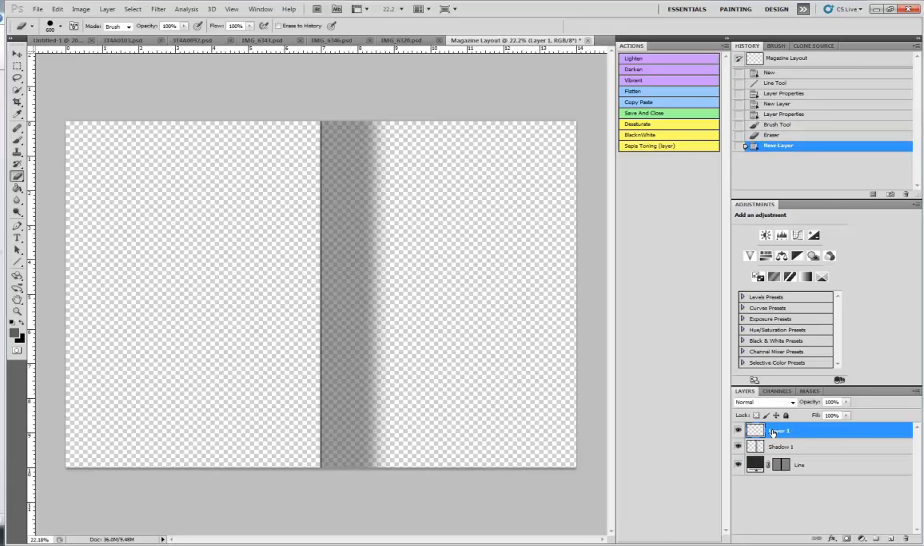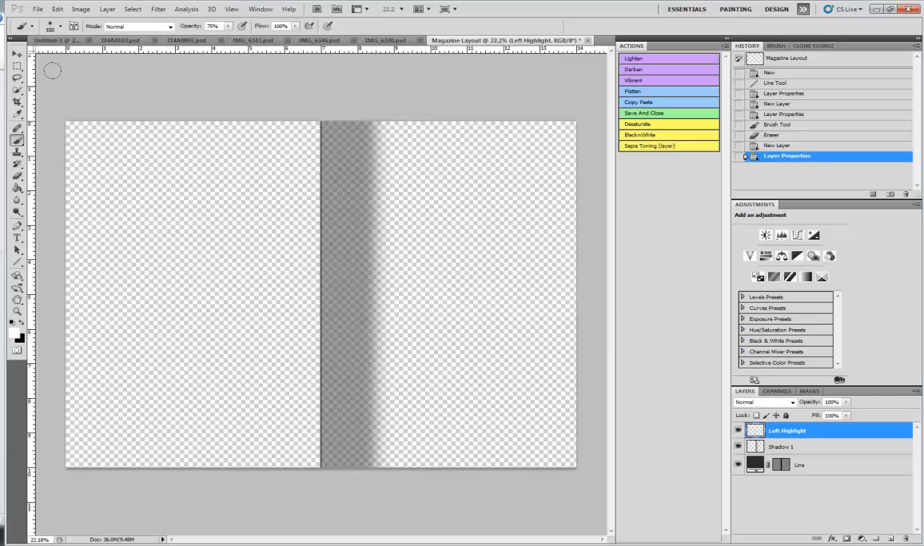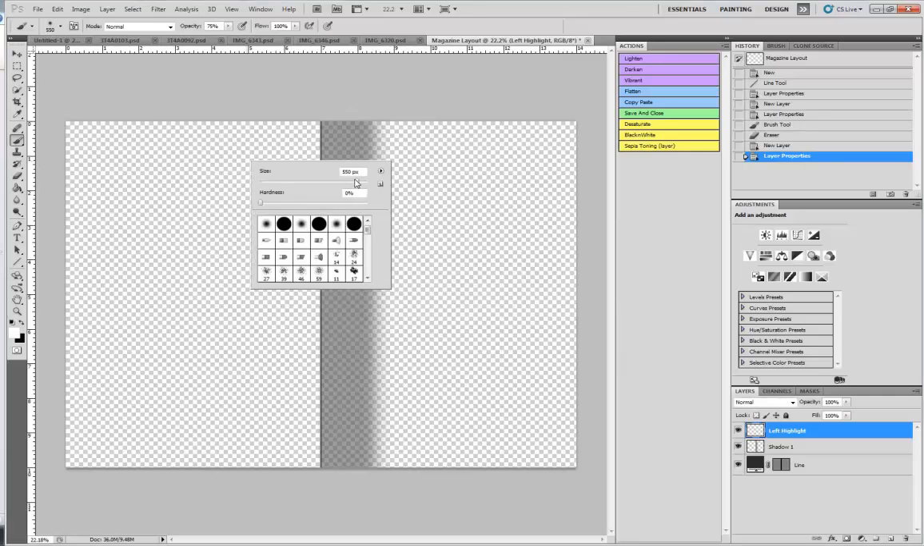I want you to create a new layer and name it left highlight. Okay, now we want to go back to the brush tool, and we want to change the color to white, which is FEFEFE. So if you wanted to change it without having to click, you just type FEFEFE, and that gives you white. Okay, now we want to drop the brush size down to probably about 300, I would say,